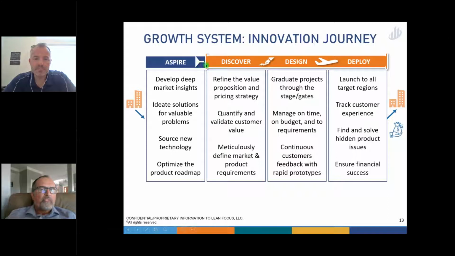Now, as we move them into the pipeline, these are defined ideas, and we're going to move them through a project pipeline. We want to refine the value. We want to understand how customers are going to use the product and what value it brings to them. And this last point, we want to make sure we have a well-defined project. Because a well-defined project is your number one way to battle scope creep, which is a huge problem. And when people say scope creep in a project, that happens in the design phase where you're actually working on it.